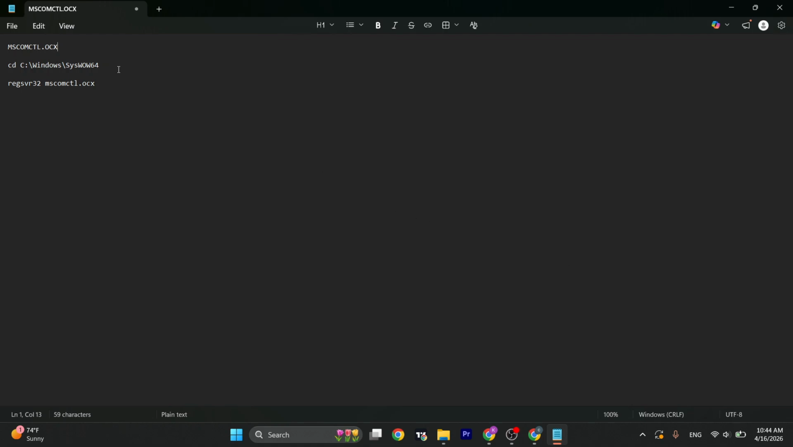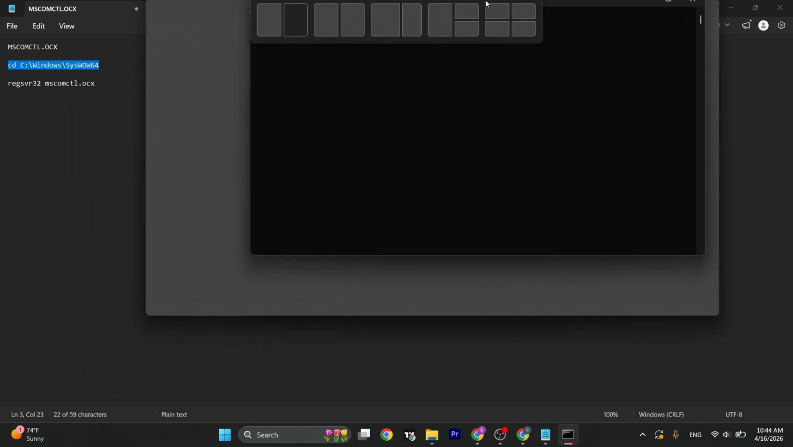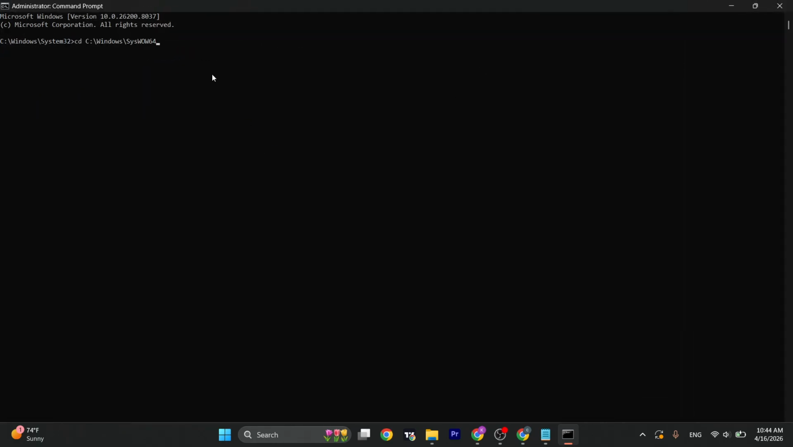So what you need to do is just copy in this command, which I will leave in the description of this video, and then just go ahead and open up the command prompt, right click on it, and then click on run as administrator. Once you do this, click on yes. And once this command prompt opens up, you just need to paste in this as I just showed you